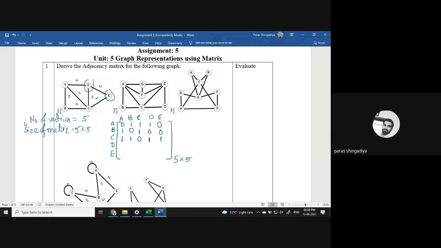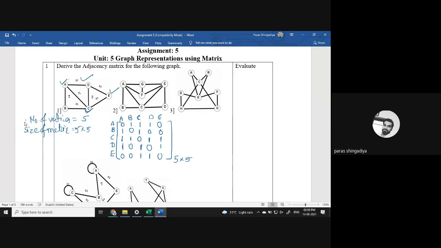And then the fourth row, that is for vertex D. So D is adjacent with A, C and E. D with A will be 1, D with B is 0, D with C is 1, D with D, that is also 0, no loop at D, and D with E will be 1. And now for the last vertex E. It is adjacent with C and D only. So E with A is 0, E with B is also 0. E with C is 1, E with D is also 1, and E with E is 0.